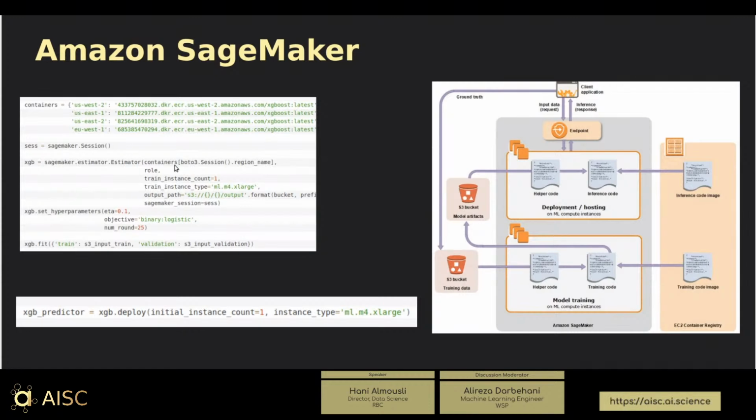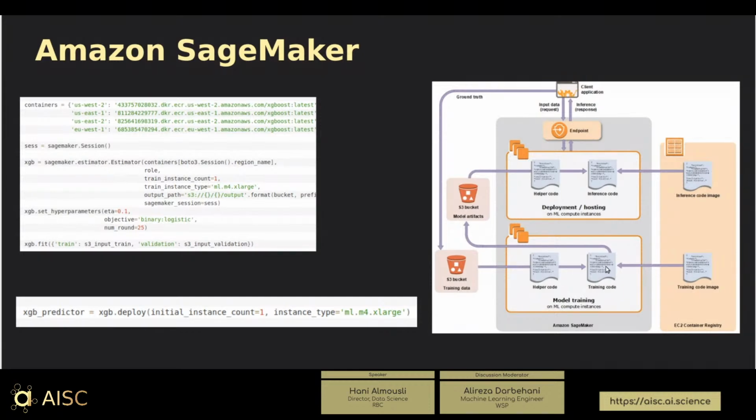Now, till now, there is nothing. That's all preparing the code. Then you say, for XGBoost, set hyperparameters. And in that case, you start giving the hyperparameters for your algorithm in order to run. So I would have eta, objective, number of rounds, etc. At the end, I would say XGBoost.fit on that training data on S3, and maybe the validation on S3, that's where the magic happens.